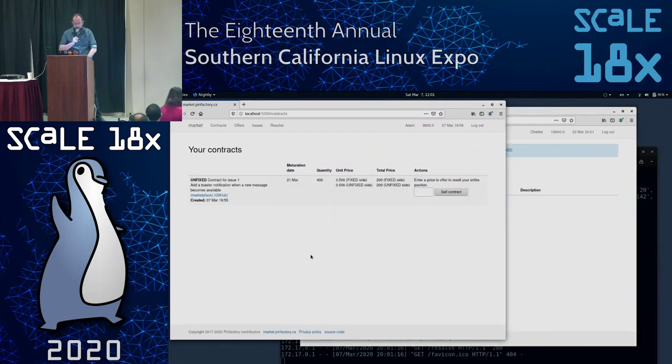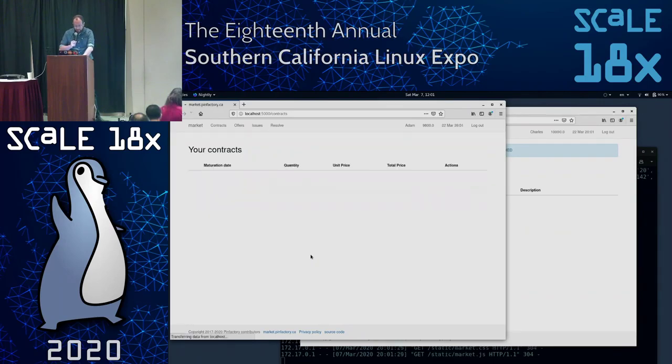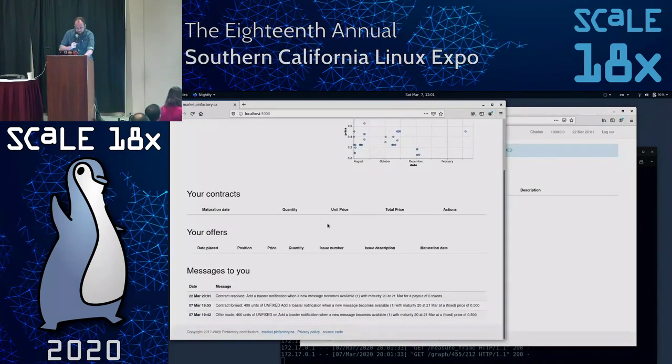So let's go back and see what things look like from Adam's point of view. Well, Adam doesn't hold any contracts anymore, but Adam has a message saying that his contract has been resolved, and Adam got 0 tokens from that.